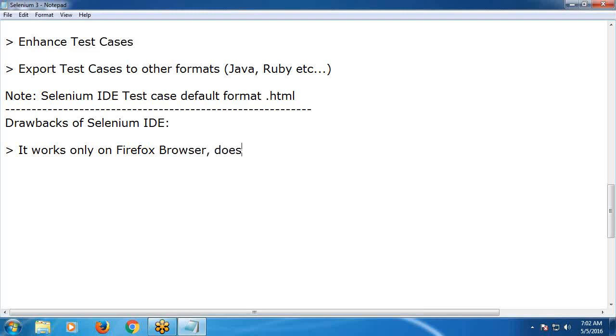Doesn't support other browsers. This is one major drawback. Next,